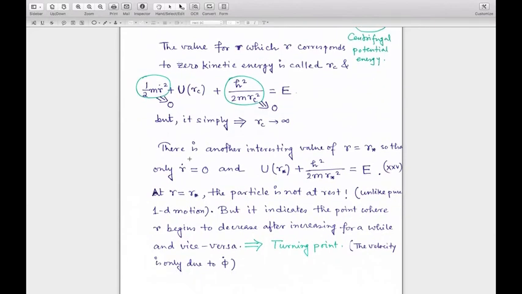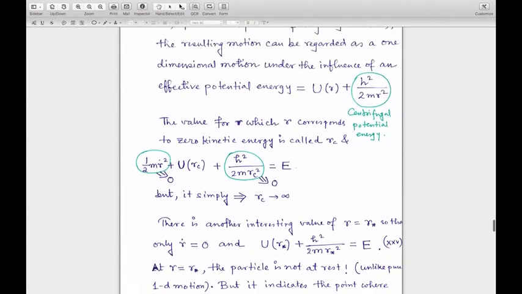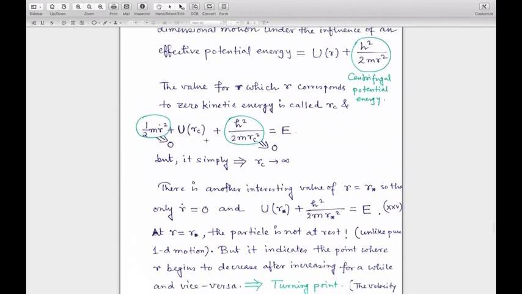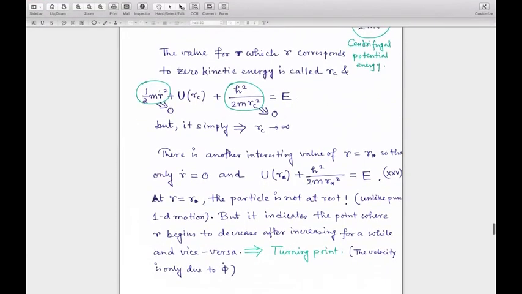Then there is another interesting value, R equal to R star, where R dot is equal to 0. And if R dot is equal to 0, in your effective one-dimensional problem it may look like a system where the kinetic energy vanishes. But you have to remember that the particle is not at rest, simply because its cross-radial component of velocity is still alive, right? So it simply indicates the point where R begins to decrease after increasing for a while,